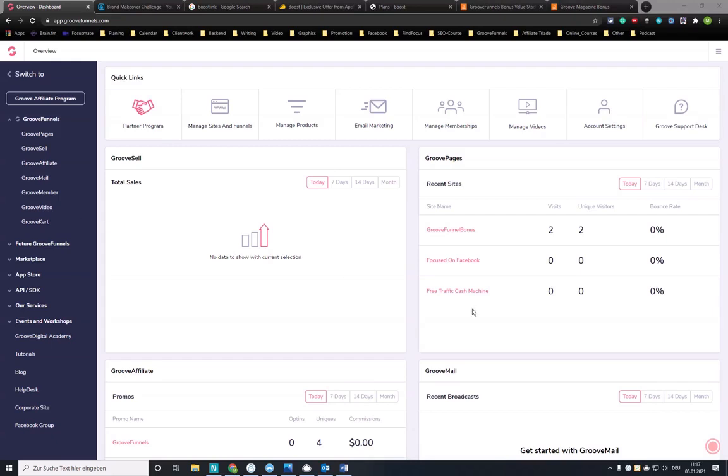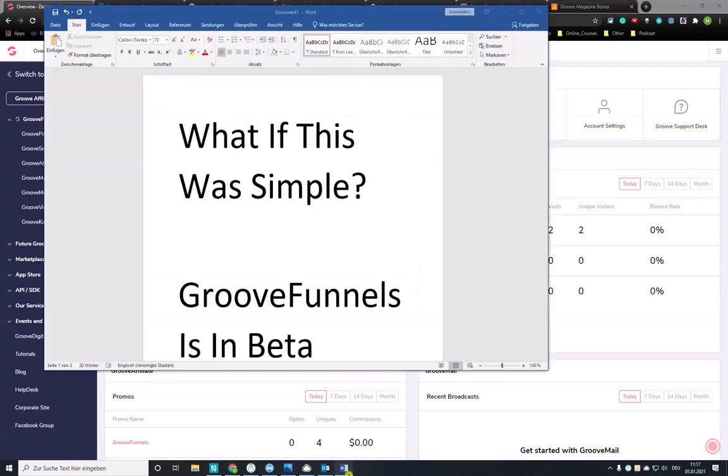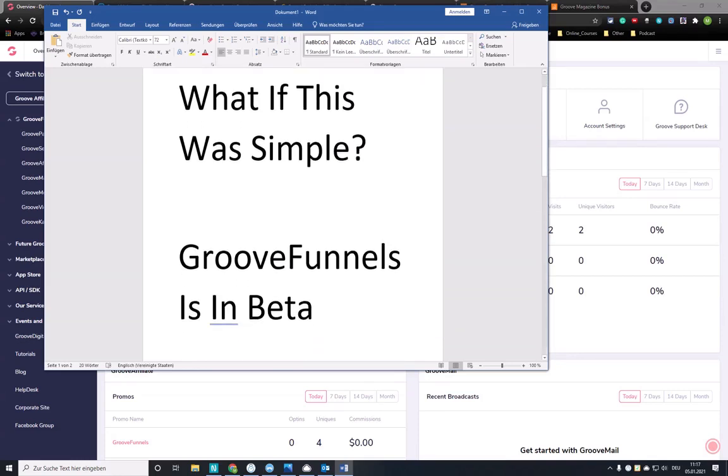And at the beginning of this course, I would like you to be open-minded, because I would like you to start with this question: what if this was simple? Because I feel a lot of people really overcomplicate building funnels and building their business, and this is not the way to go. And we have to keep in mind that GrooveFunnels is still in beta, so that means some functionality that you might know from other apps like Kartra, which I still run my main business on, is not